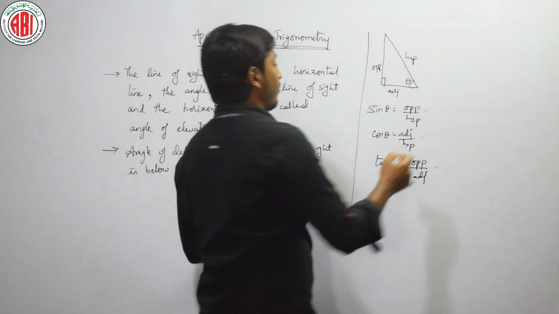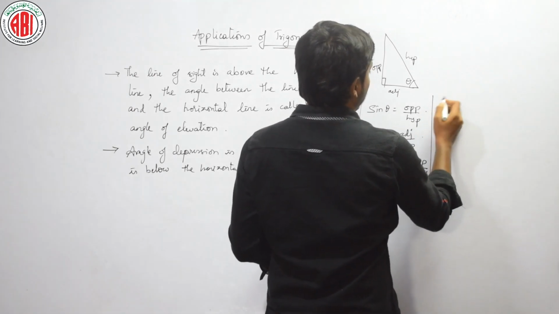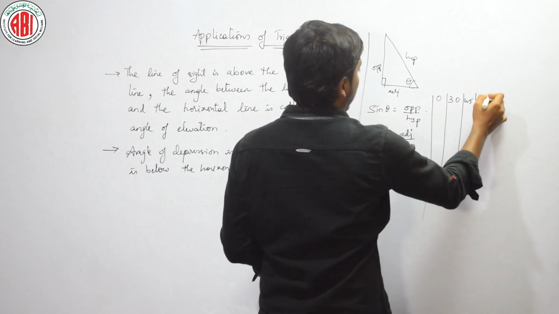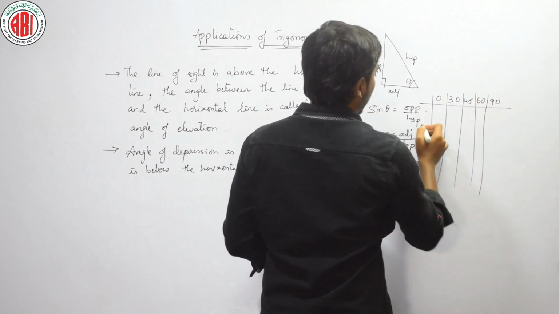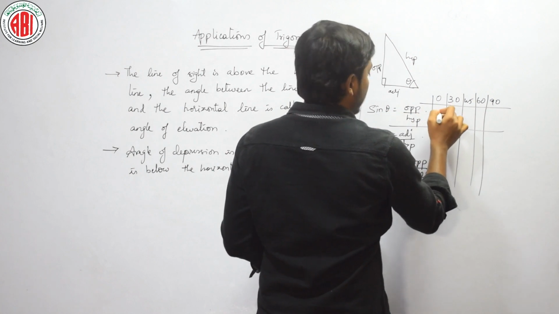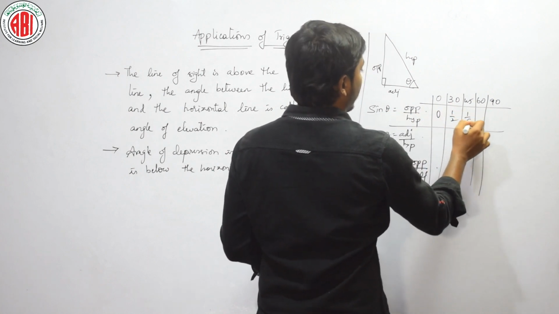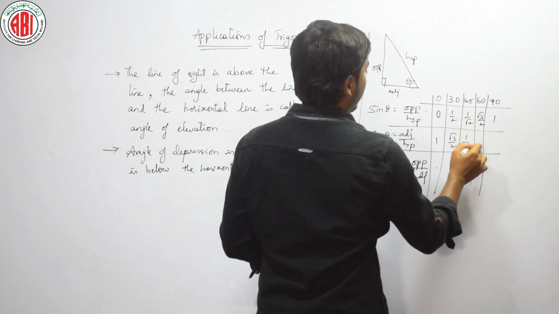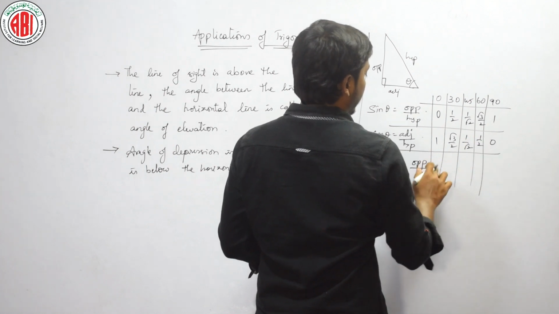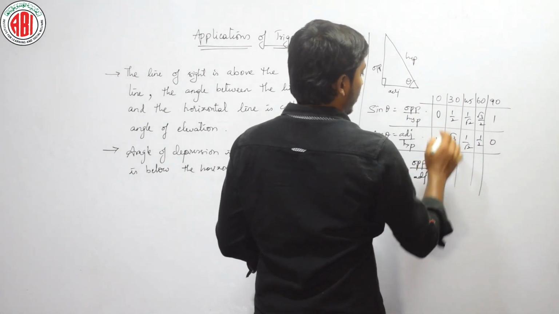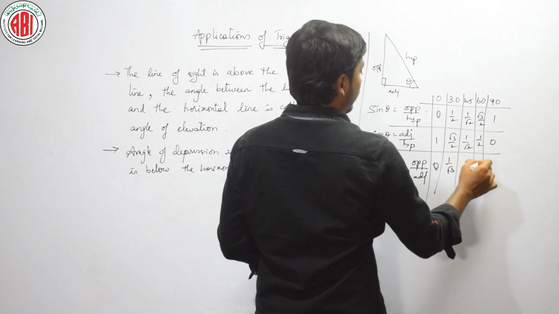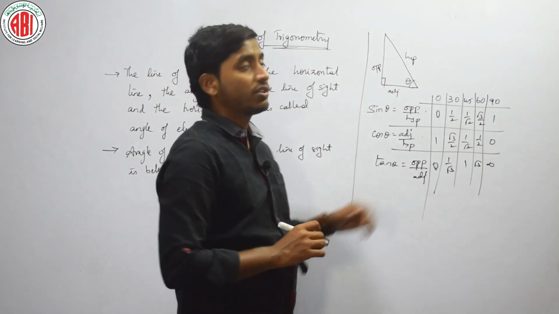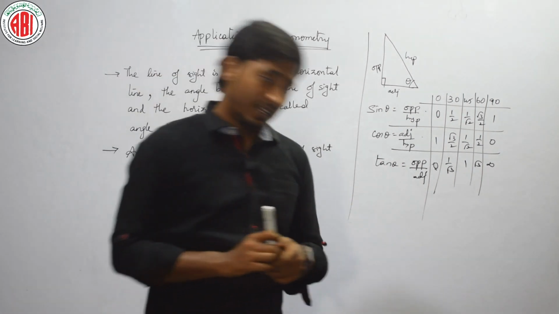And not only that, we should always know the values of sine for 0, 30, 45, 60 and 90, right. Among these, this is 0, 1 by 2, 1 by root 2, root 3 by 2 and 1. For cos, here 1, root 3 by 2, 1 by root 2, 1 by 2 and 0. For tan, here it is 0 by 1 is 0, here it is 1 by root 3, here it is 1, root 3 and infinity. These are the basic things which we have to remember from trigonometry. Fine, is it clear? Fine.